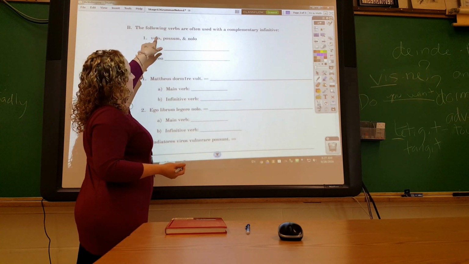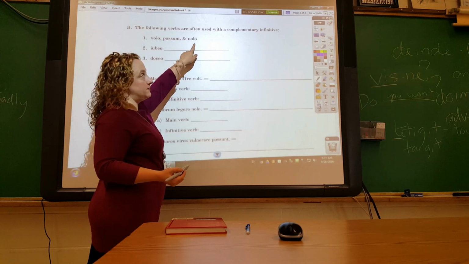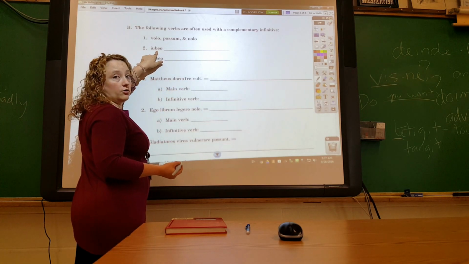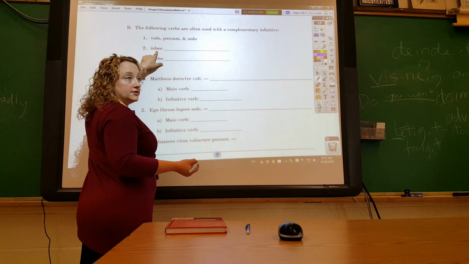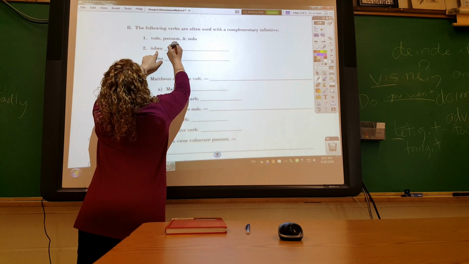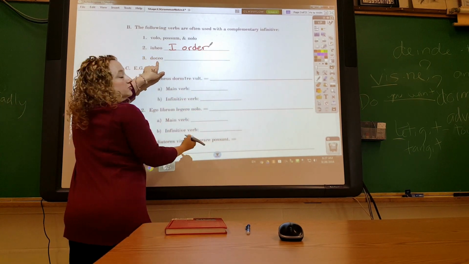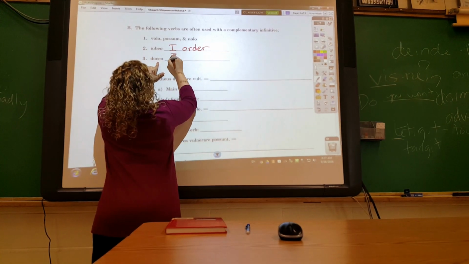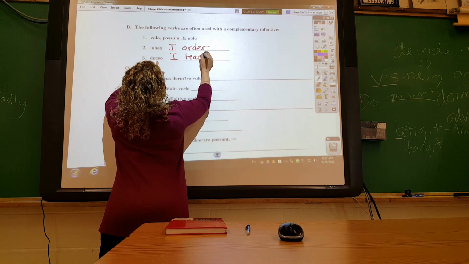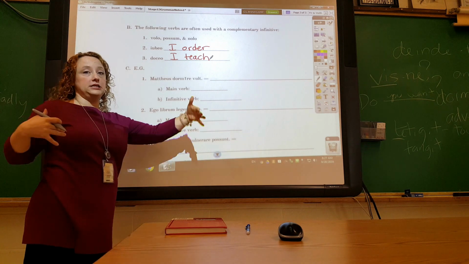So I want, be able, and not want are also often used with infinitives. Iubeo, the word I order, and all of its forms are often used with infinitives as well. Okay, so iubeo, I order, and doceo, I teach, you'll also see being used with infinitives to help complete the meaning.